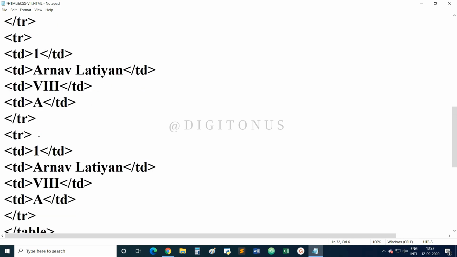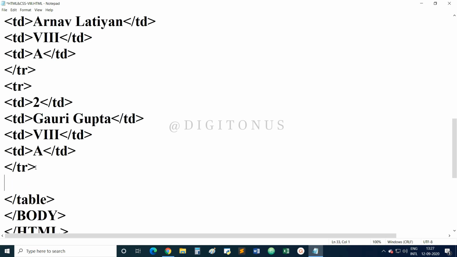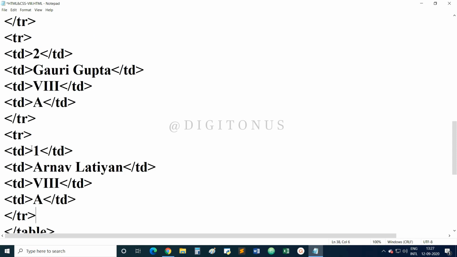Then paste it. Then I can change here this 2, then the second student name. Now again, the third time I have pasted, so I will write here instead of 1, 3, then the third student name.